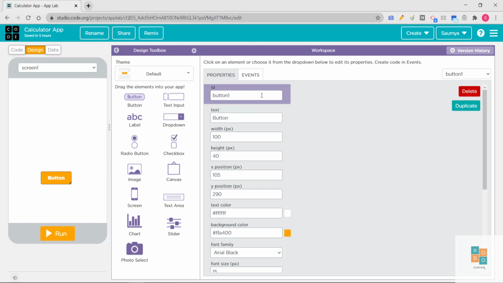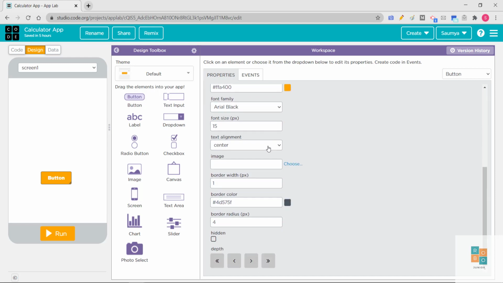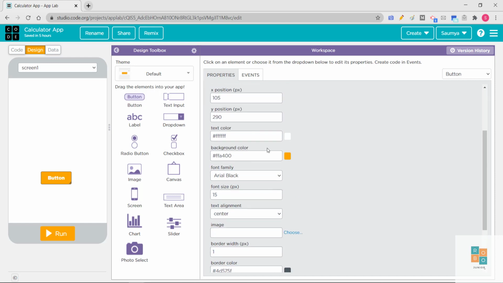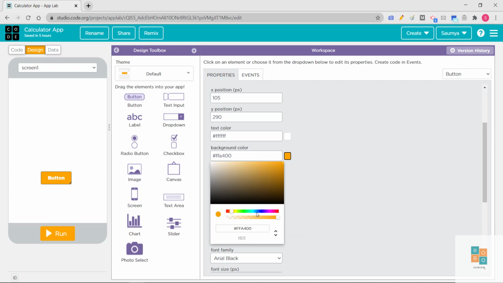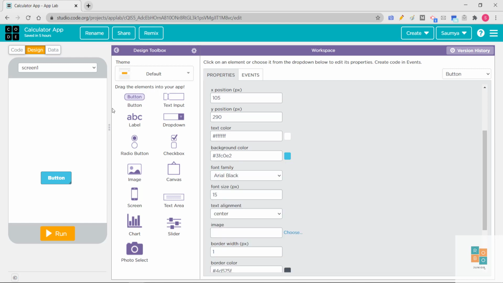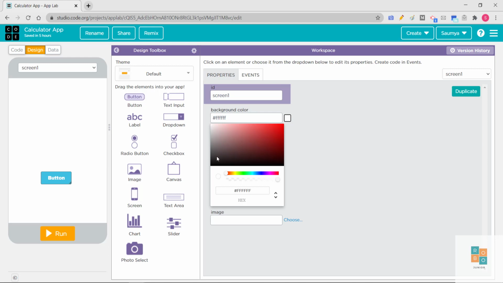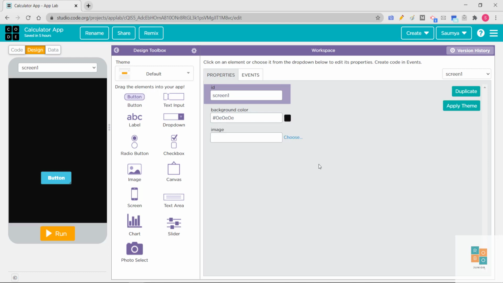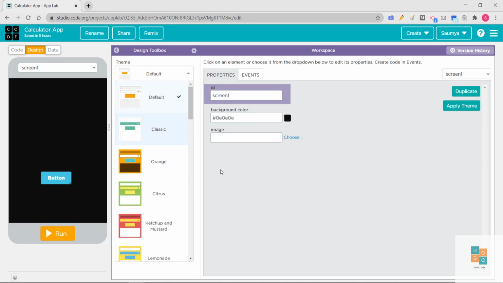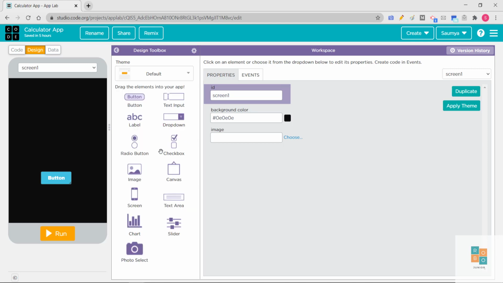Let's say I click on button. So these are the properties of the button design component. I can name it button. So ID is the name of my button, right? We can also change the color from here. Background color of the button can be changed from here. You can make it like slightly blue, right? And if you want to change the background color, so it can be done from here. We can make the background look black. So these are the different themes present over there on code.org.